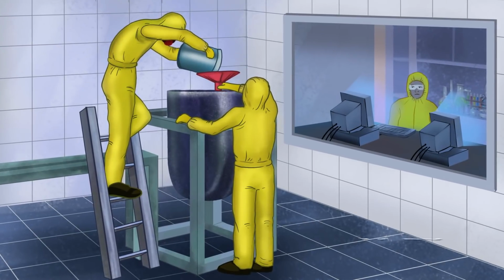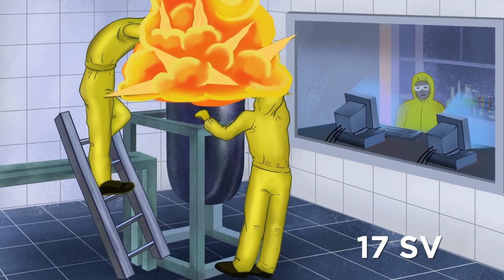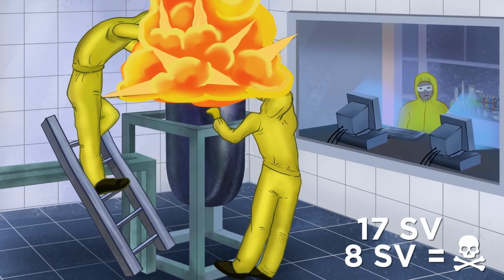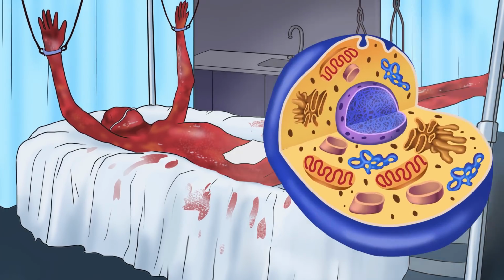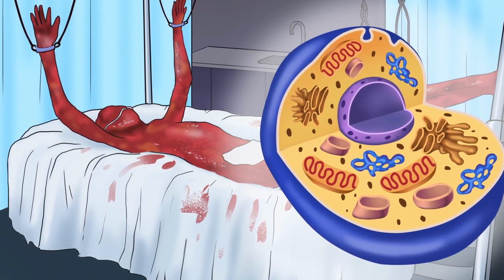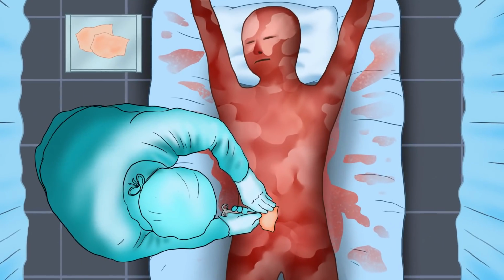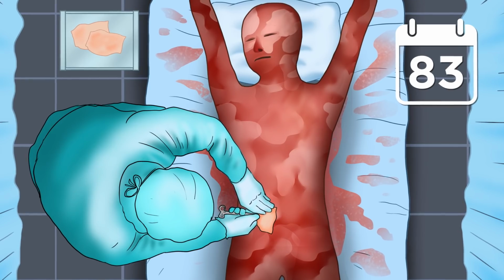Ouchi was blasted with 17 sieverts of radiation, which is the highest dose ever recorded and is more than double what is considered a mortal dose. Besides severe burns all over his body, Ouchi's entire immune system and DNA were eradicated, and his body was left near skinless and skeletal. Miraculously, he was kept alive for 83 days by various procedures including multiple skin grafts, but